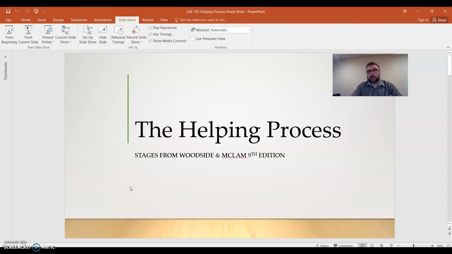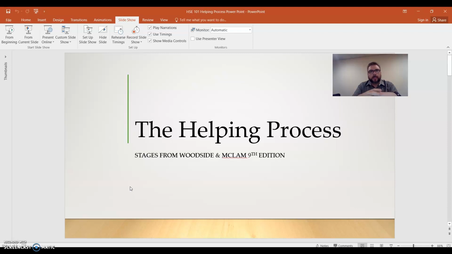that this is vital. If you had to walk away with the top two elements of this class that we're going to apply moving forward, the ethical considerations that we're talking about in Module 6 are one, the stages of the helping process are the other. What's important about the helping process? What you're going to find is that in this class, this is an introduction to concepts that you're going to